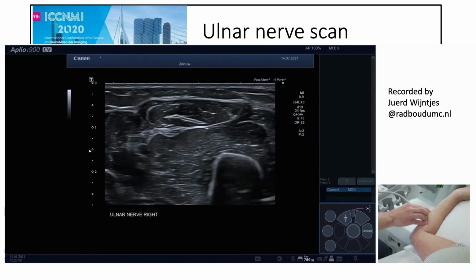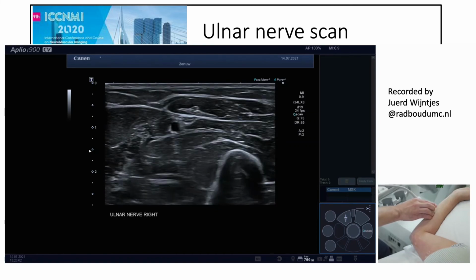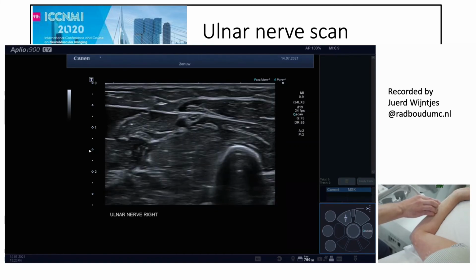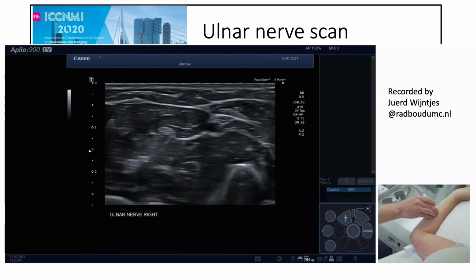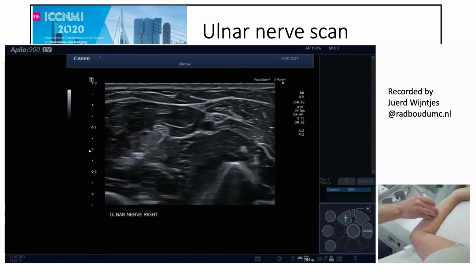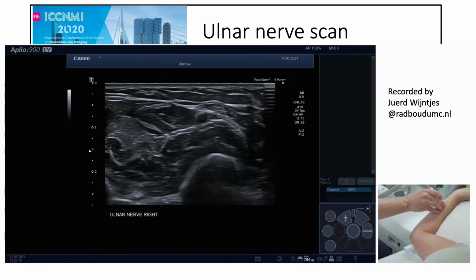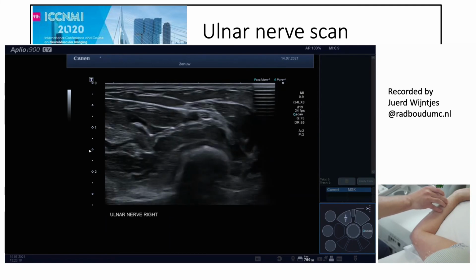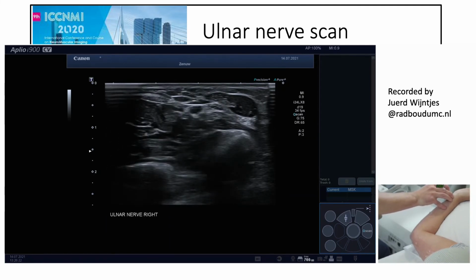Also here, a bit more distal, you can see above flexor carpi ulnaris, below is flexor digitorum profundus, and now the artery is coming near the nerve, and it's also one of the positions where we often measure the cross-sectional area of the nerve. And now we move towards the wrist,